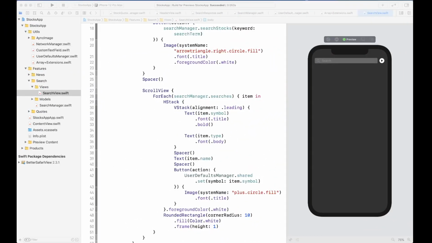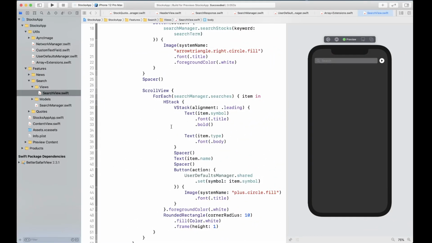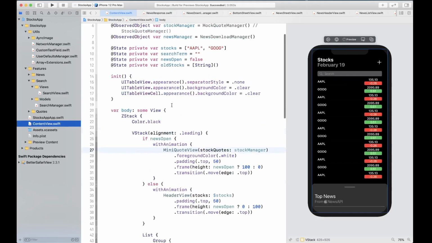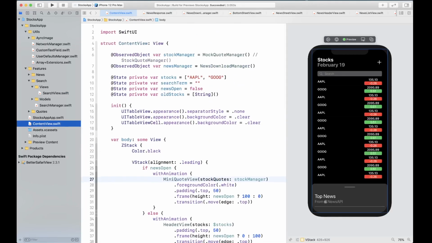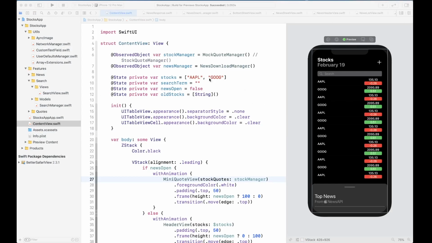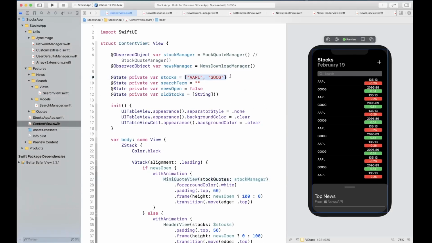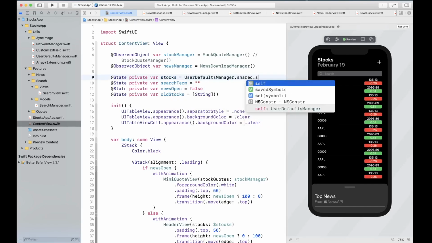All right, so let's go ahead and tie everything together. So we have our search ready now. What we can do is go back to our content view, and if you recall, in the content view at the top, we were getting these stocks, right? So instead, we are going to use user defaults manager dot shared dot saved symbols.